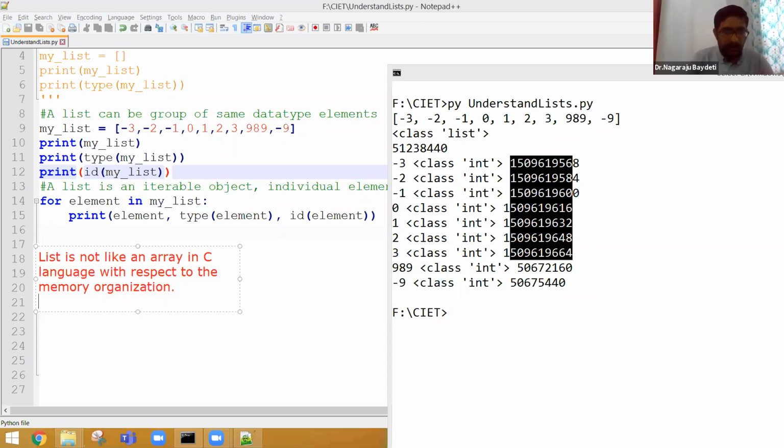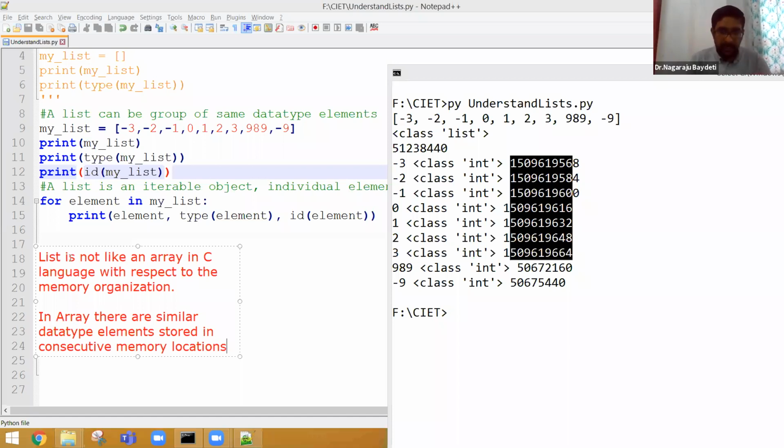What I mean to say is, in an array, similar data type elements are stored in consecutive memory locations, but a list will never have consecutive locations.